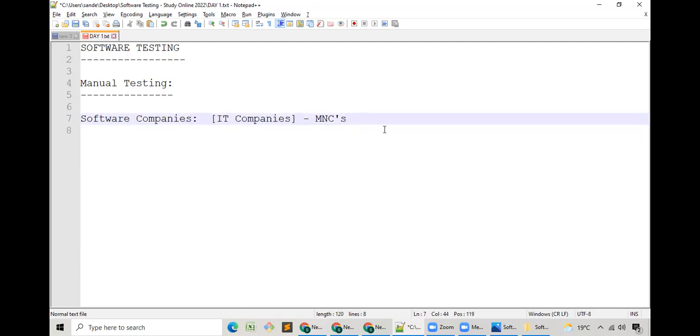So the companies which develop and test the software and deliver that particular software to the customer, sir. Then such companies are called software companies. Very good. Now tell me, how many types of software companies are there? Guys, you should not simply take up the course and simply learn. You should have the idea in which sort of company you have to go and work after completing this course, is what you people should have at the back of your mind.